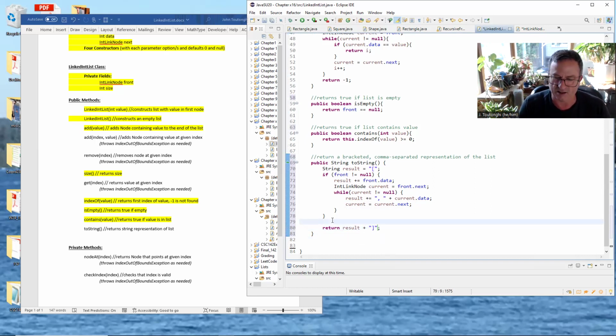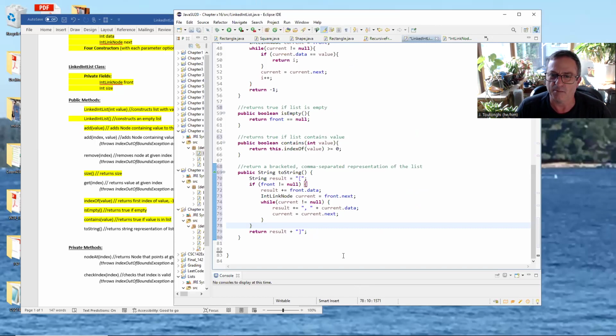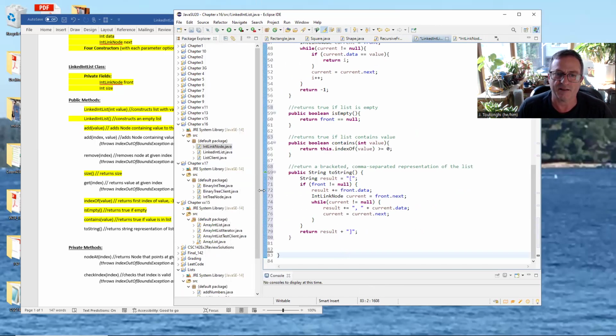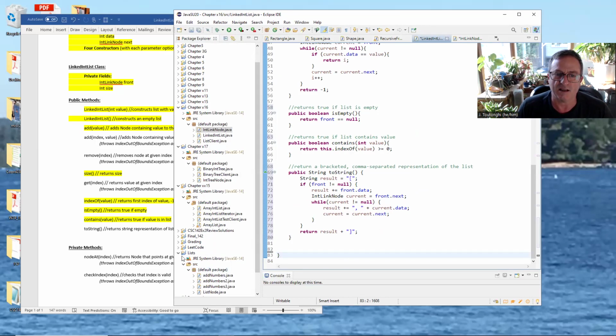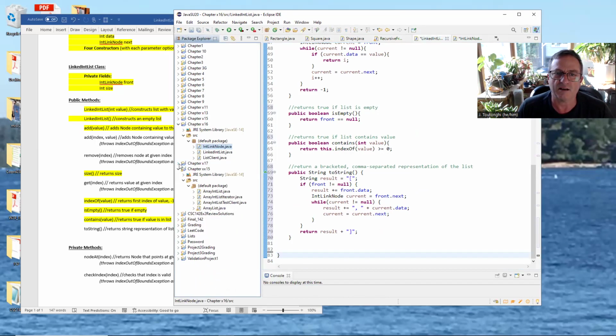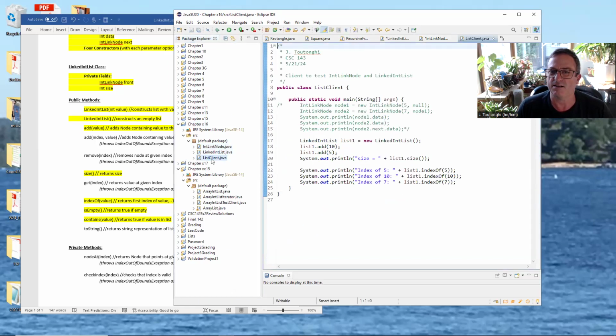We would want to check it. So I have a client. I don't know if we want to go back to that client or if we want to do a new client. Maybe I think we could just do a new client. So I have this stuff in a chapter 16 somewhere here. I have a client. Let's just look at it. It's the same one we worked on in class. If I just run it, we'll see that